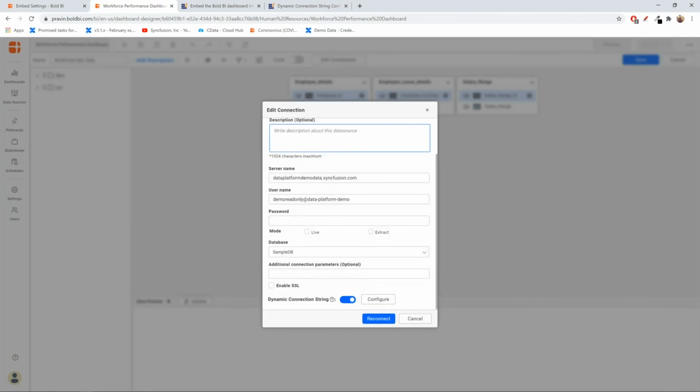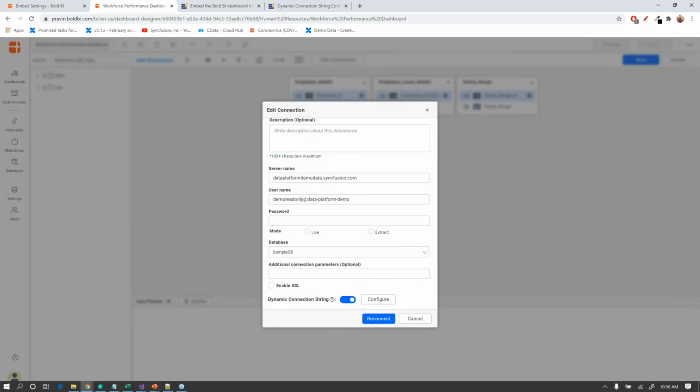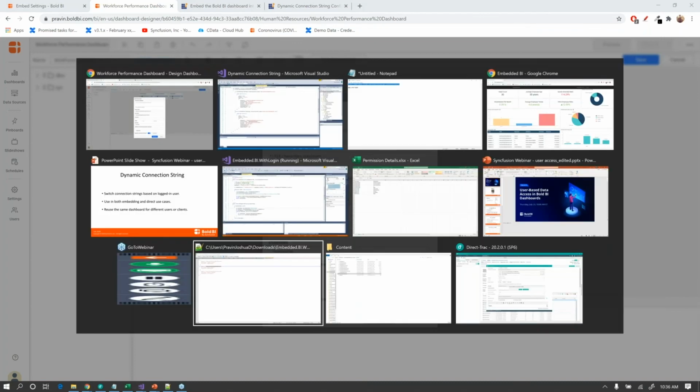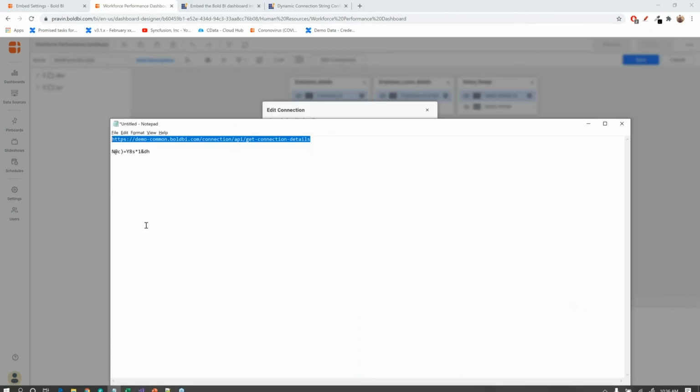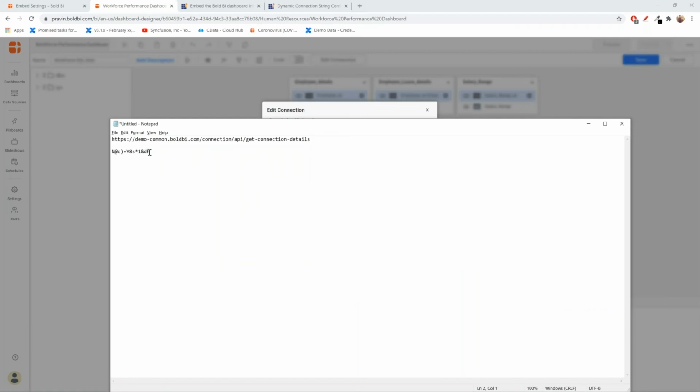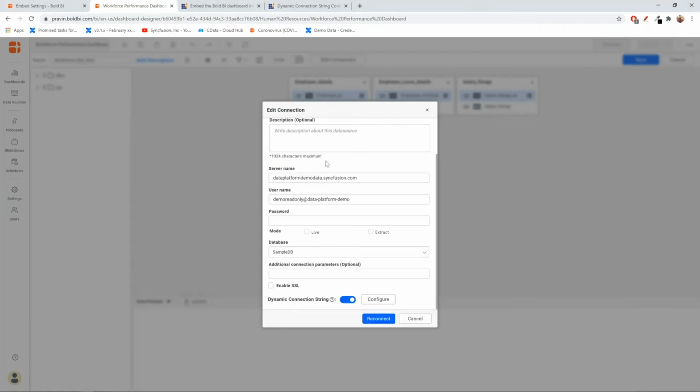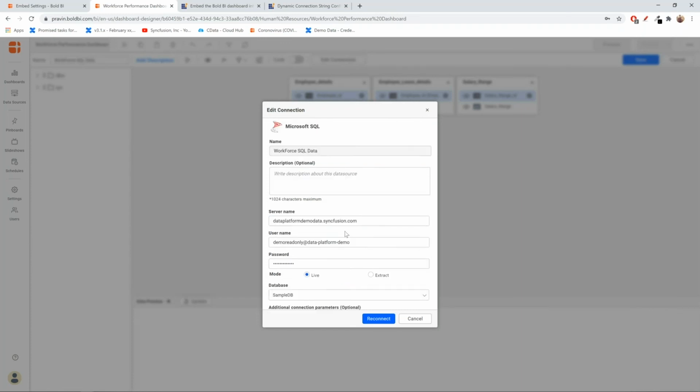Every time you edit a connection wizard, you need to send in the password for security. So I'll just copy the password here, choose the live connection, and click reconnect.